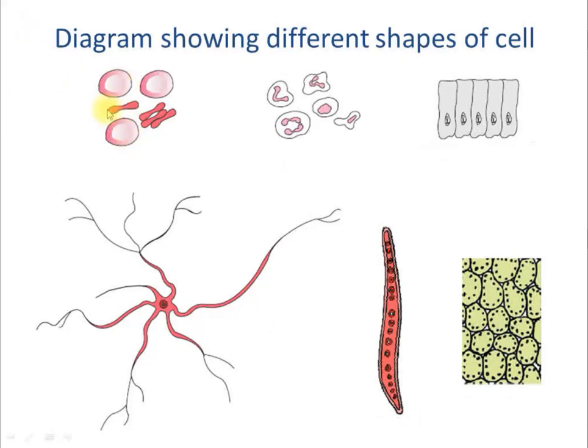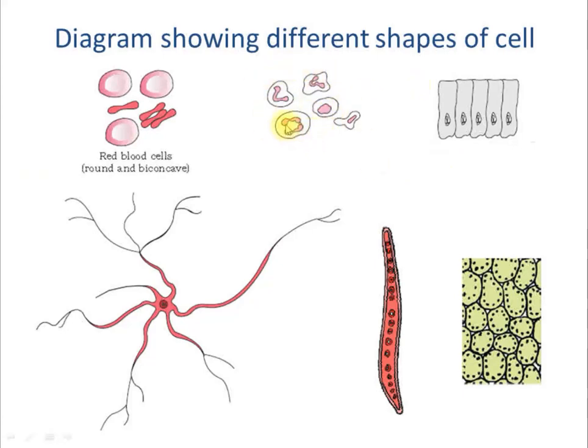First one, yes, red colored cell, that's why RBC, red blood cells or red blood corpuscles. But what is the shape? Two answers should come into your mind. If you view from the top, it will appear round, and if you check from the sideways, it will appear biconcave. Very good. Moving toward the second one.